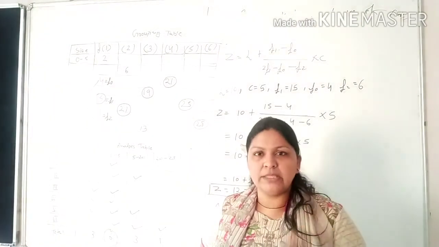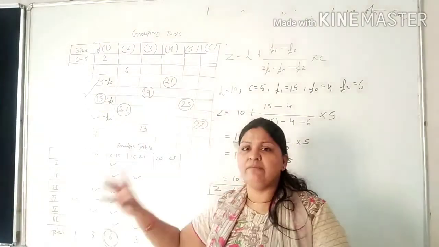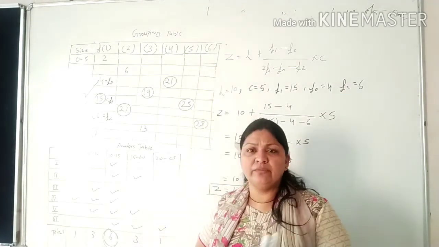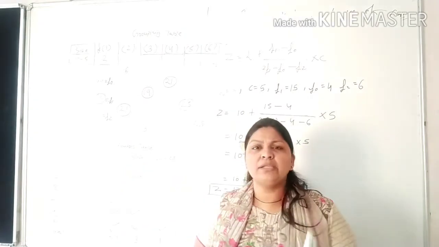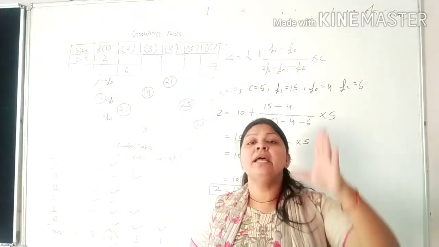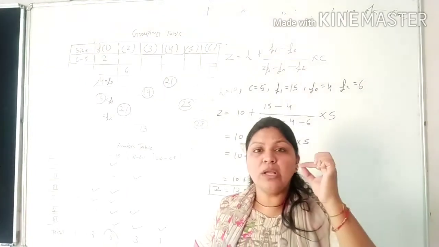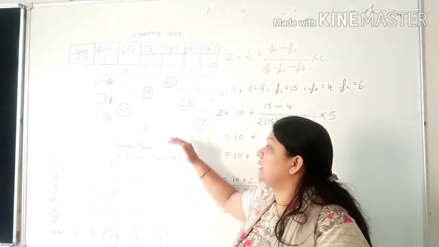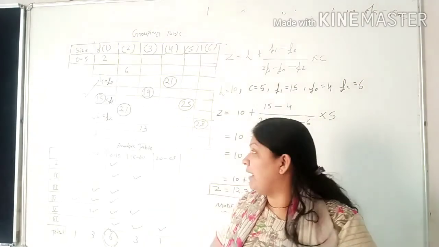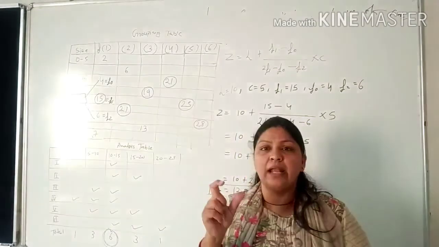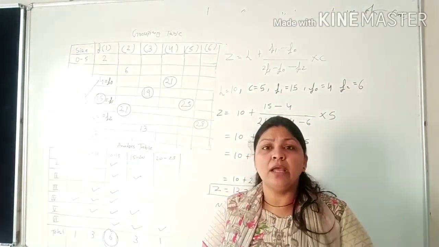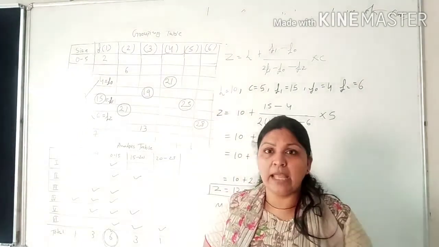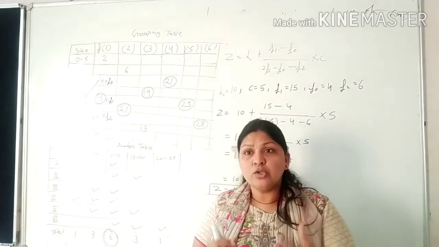But when we are talking about the discrete series with the help of the analysis table, we just get what is our Z or what is our mode. The most frequent observation we have to just find out and write down as X. But in which series? Discrete series, because in that series only one observation is given to you. But when we are talking about the continuous series, analysis table तो बना लिया है. But when we are finding that, it is a grouping of 10 to 15. So how can we assume कि which one is the most frequent? है ना? 10 भी हो सकता है, 10.5 भी हो सकता है, 11 भी हो सकता है, 11.5 भी हो सकता है. So that is the difference.